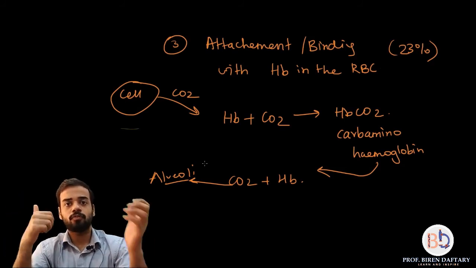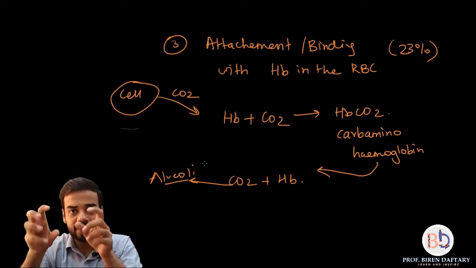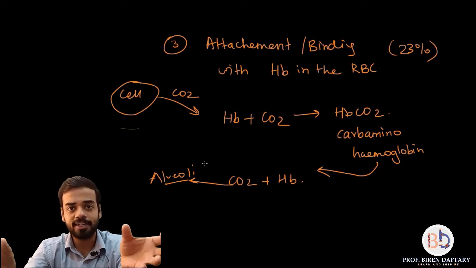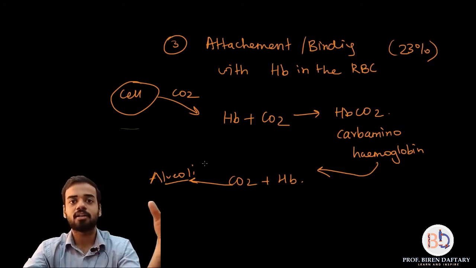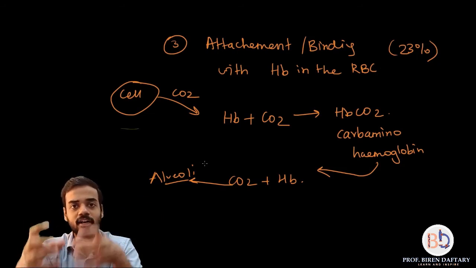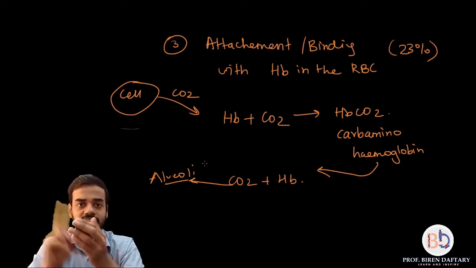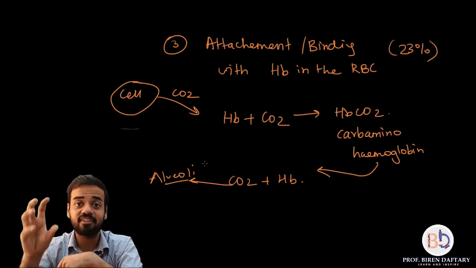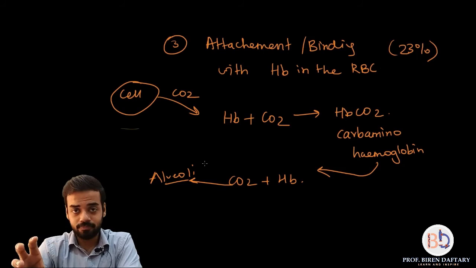Okay, so first method of transport is through plasma. It gets dissolved in the plasma. The H2CO3 is formed, dissociates to form ions. That blood, when it is carried back to the lungs, reverse reactions occur. Both the ions join to form carbonic acid. Carbonic acid dissociates to form H2O and CO2, both are released out. Second method, all the reactions are the same, but they are occurring inside the RBC. 70% of carbon dioxide is transported in that way.